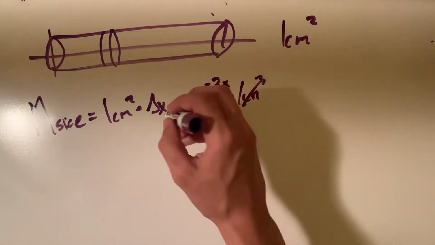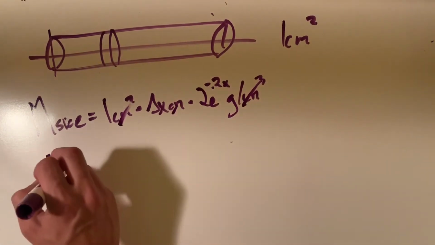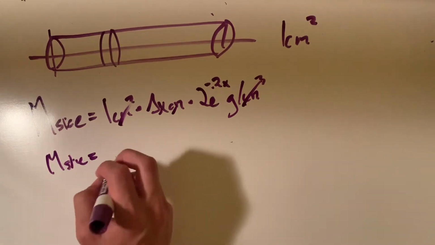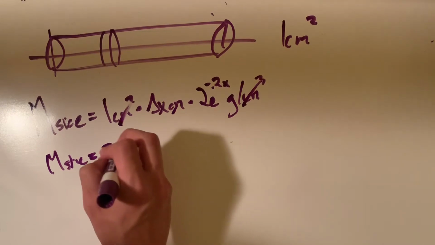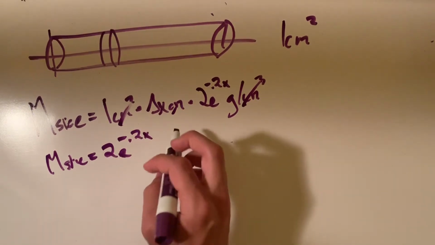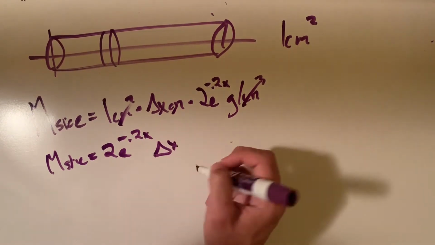So when we cross out all of that, that equals 2e to the negative 0.2x delta x